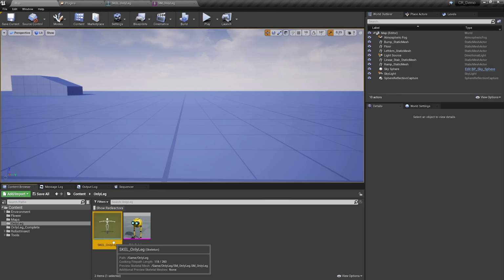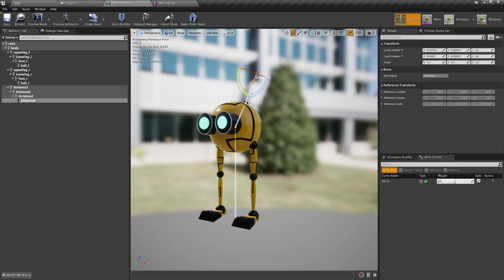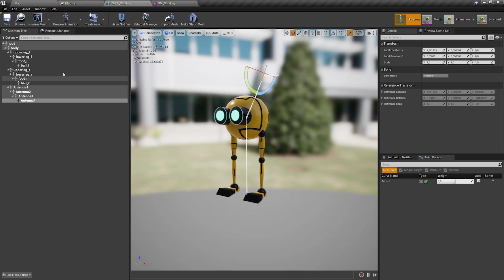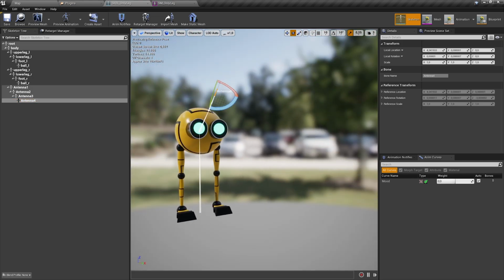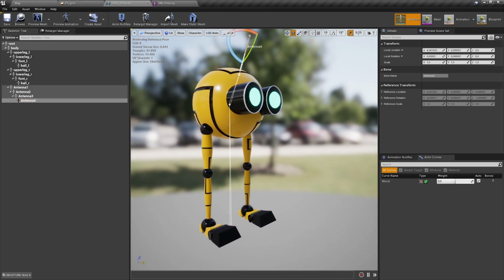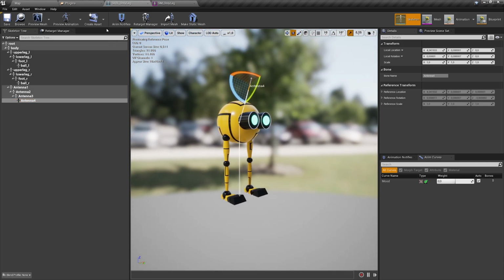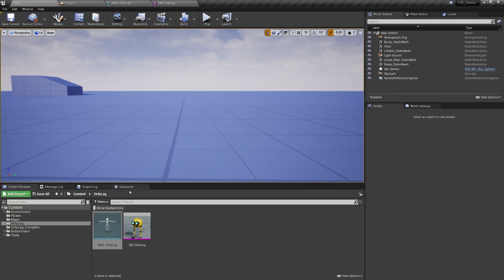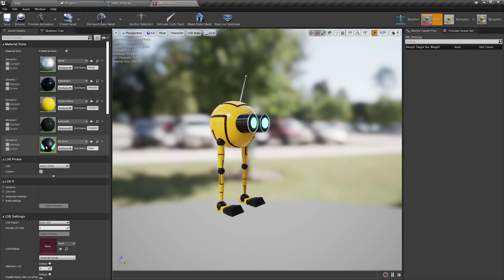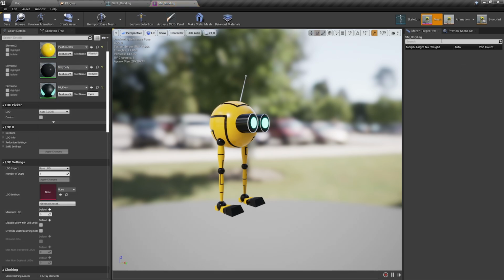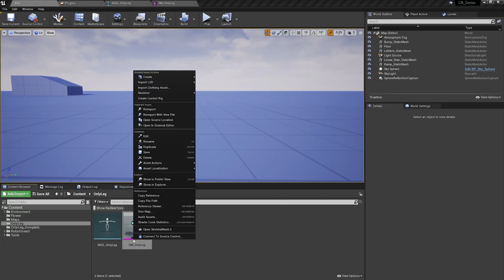So for this video and my own learning purposes, I did a very simple character like that. He has only two legs, a body and some bones for an antenna. But you can do really complex characters here. Actually, it's used in Fortnite quite a lot and it was used in the Unreal Engine 5 demo. And then it generates also a skeletal mesh for us, which contains the vertices and material data, LODs, morph targets, etc. And that's what we use to generate a Control Rig now.